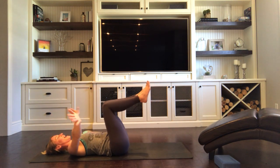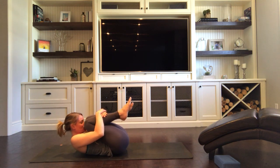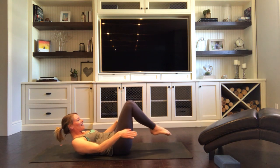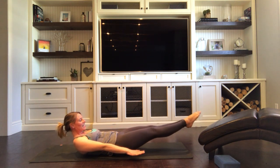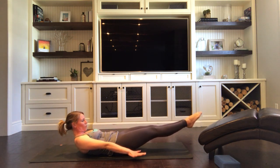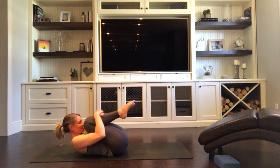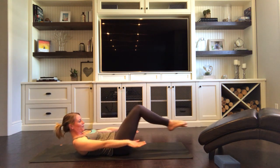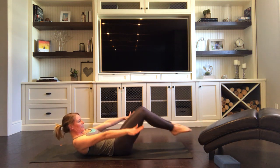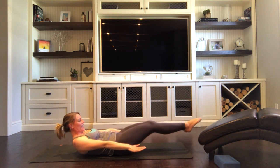Okay, from here we're going to hug knees in. We're going to take the forehead to the knees, squeeze, and now we're going to move into a hollow body. So we're going to extend the legs straight out in front of us, keeping our arms at the side, making a scoop through center. Hold, and then we're going to bring the forehead to the knees, squeeze and tight, extend out, hollow body. Looking down at those toes, knees in, forehead to knees, extending the arms and legs out,